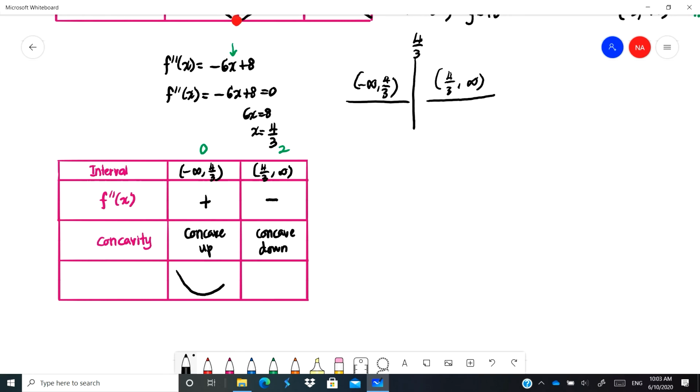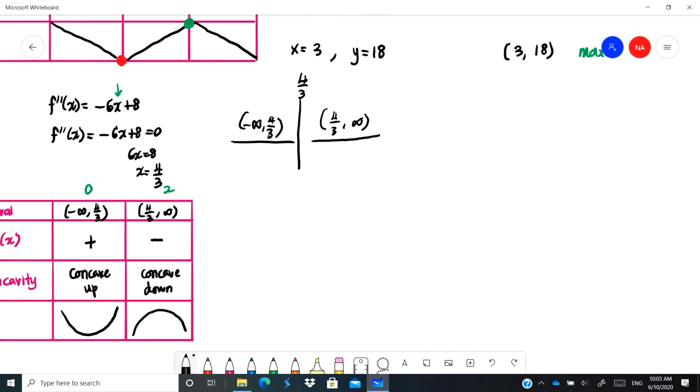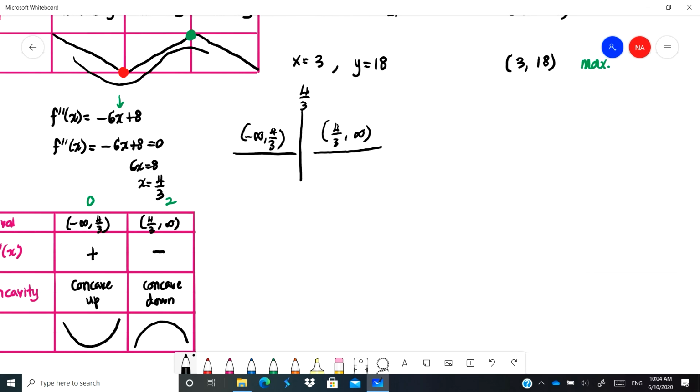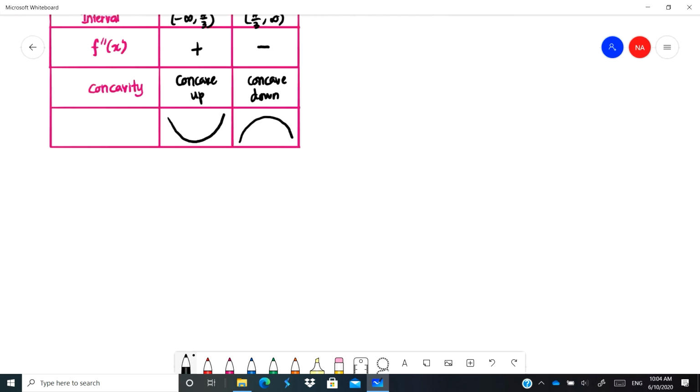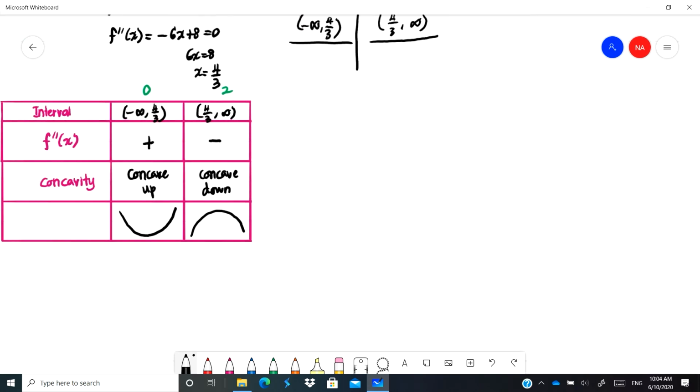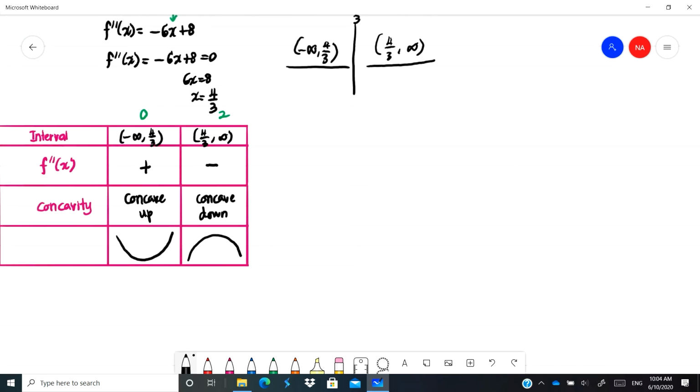The shape is something like this. This one is concaving up, and this one is concaving down. And we already know that the shape is something like this, concaving up and then concaving down. Because there's a change in the concavity, we'll have to find the inflection point. So to find the inflection point, when x is equal to 4/3, at this point,